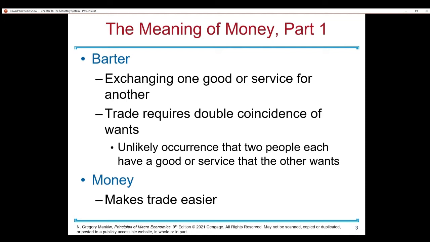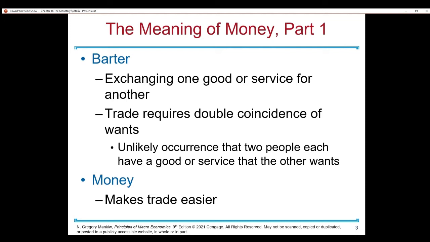In a barter economy, trade is an unlikely occurrence because two people each have to have a good or service that the other one wants. It makes trade very difficult. And if you remember from lecture 1, one of the principles was trade can make everyone better off. Well, that's where money comes in. Money is going to make trade easier. It's going to grease the wheels of trading. The restaurant's not going to care if I couldn't produce a good or service for them right at that time. It's going to be happy to accept the cash, knowing that other people or businesses will do the same in the future.